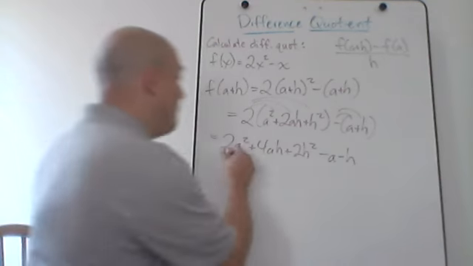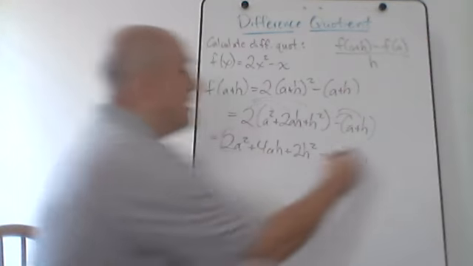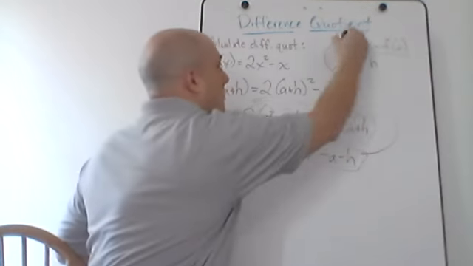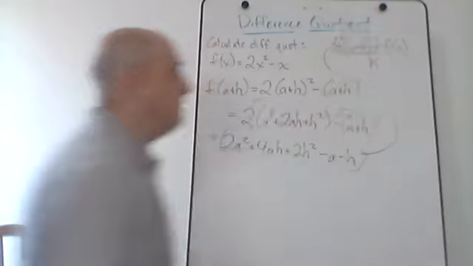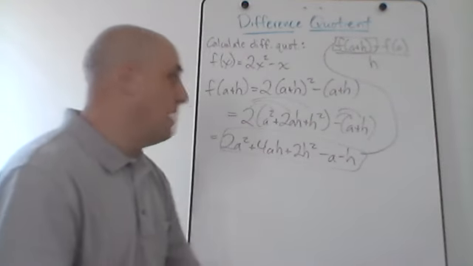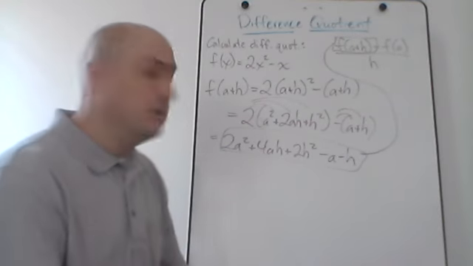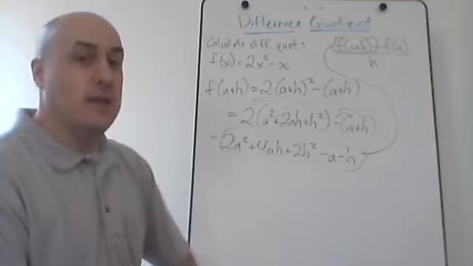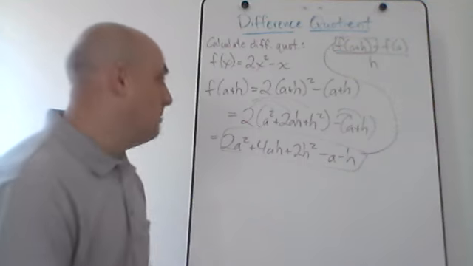This is my f of a plus h, right? This is what's going to go into my formula up here for that f of a plus h. It's going to be 2a squared plus 4ah minus 2h squared minus a minus h, which is a mouthful. But that's what it is. All right. And like I said, a lot of times when you're doing these different quotient problems, that's the part